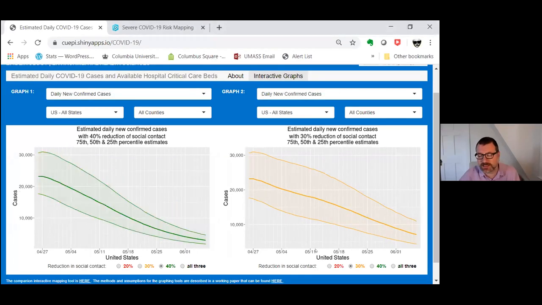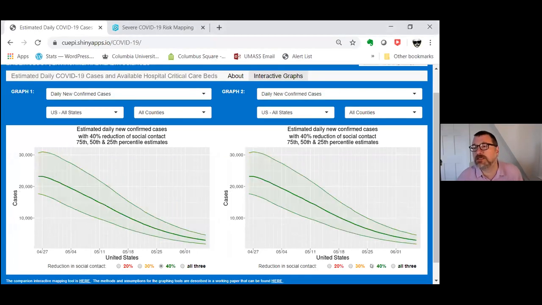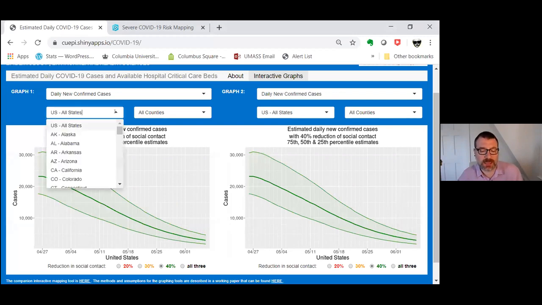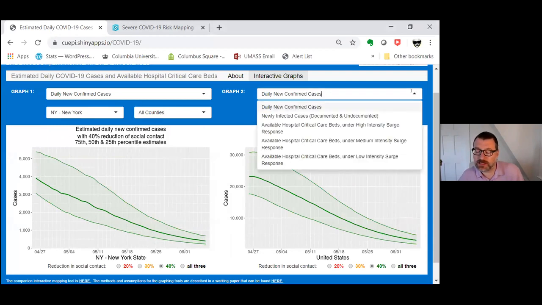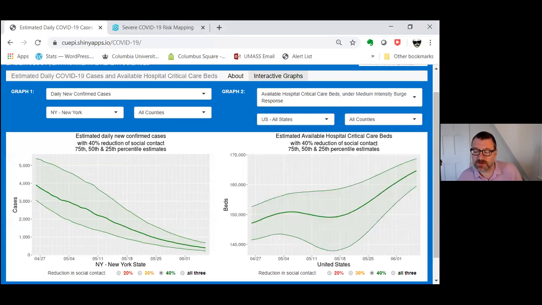I'm switching now to our data visualization tool. So this tool takes the data that Jeff Shaman is producing on the number of projected cases per day for the next 42 days. This is all of the United States. You can zoom down to any state. Let's go to New York State. You can zoom down to any county in New York State. And then over here, let's take a look at available hospital beds, medium surge,